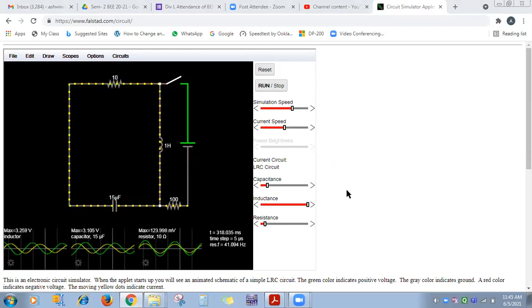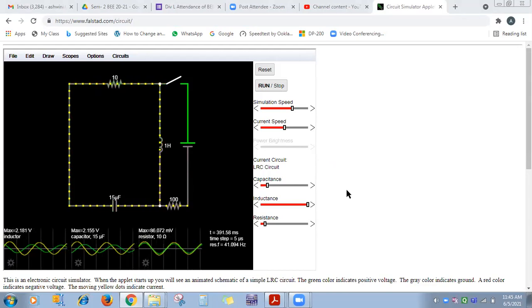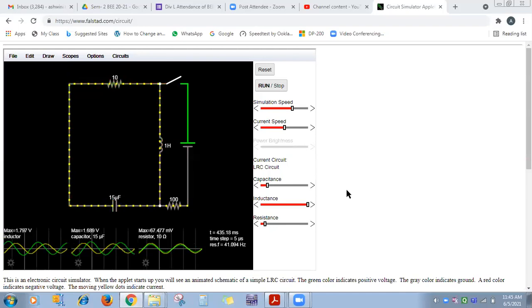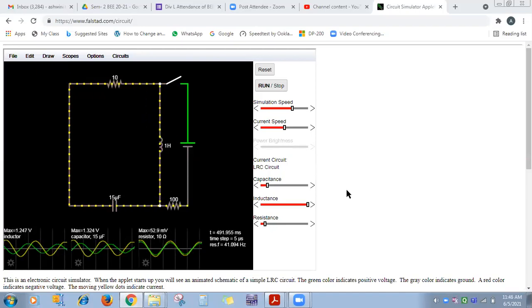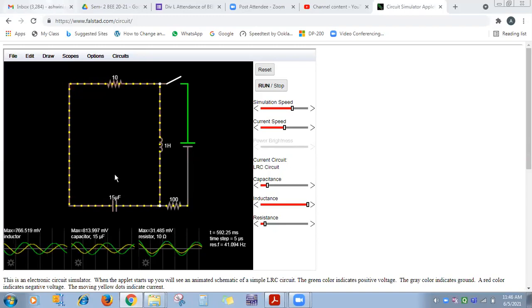And for the last two, fifth and sixth, I'll be using Multisim. For all four, you can use Multisim or Proteus because in the previous semester you have used it, isn't it? For basic electronics, which software have you used? Multisim. So all four experiments, third, fourth, fifth, sixth, you can try on Multisim. Third and fourth, I will show you on Falstat. The last two you compulsorily have to do on Multisim only. Those last two you can't run on Falstat, because this is a basic online simulation software.